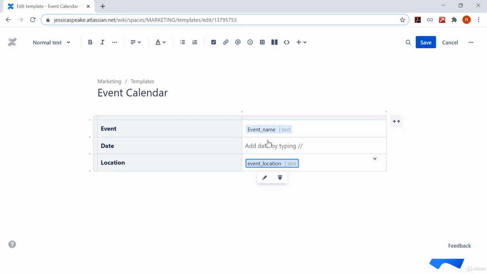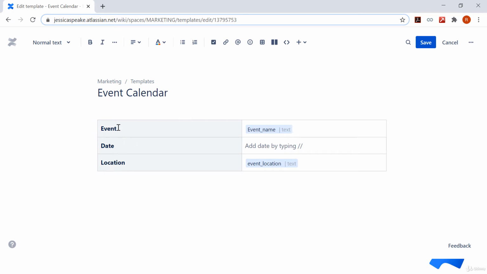And hit save. One important point to be noted here, each variable used in a template must have a unique name. If you add the same name to a variable more than once in the same template, Confluence will provide both the placeholders with the same value. While this can be useful when you need the same information in more than one position, generally it is recommended to provide unique names to the variables you add to a template.